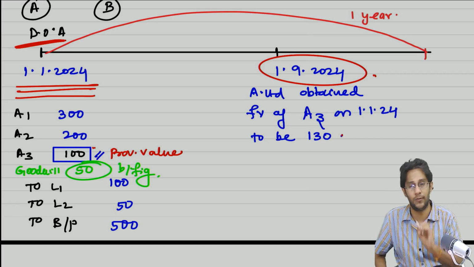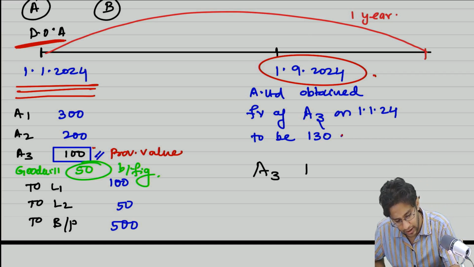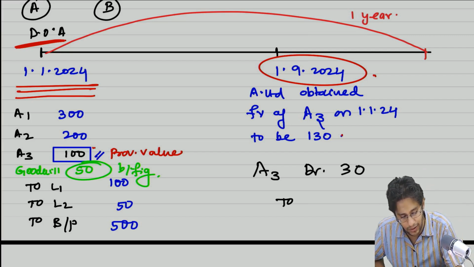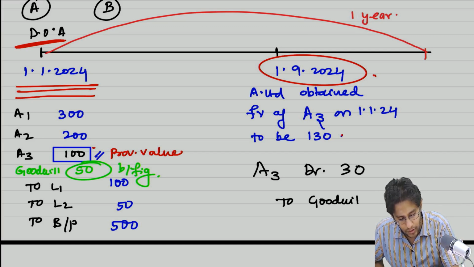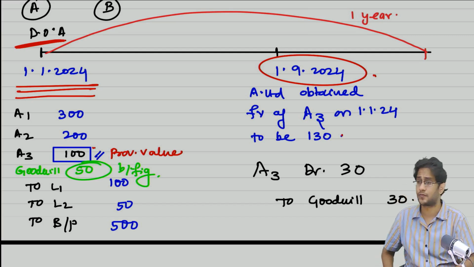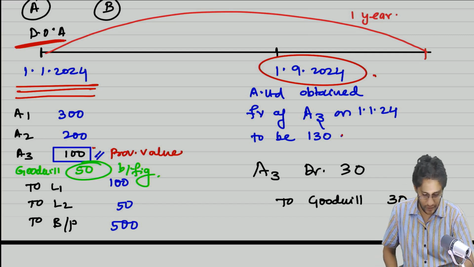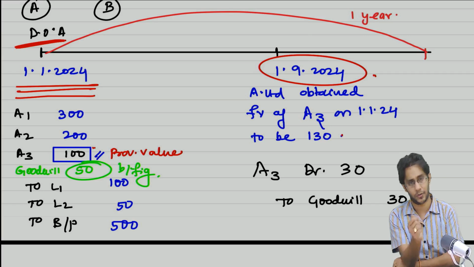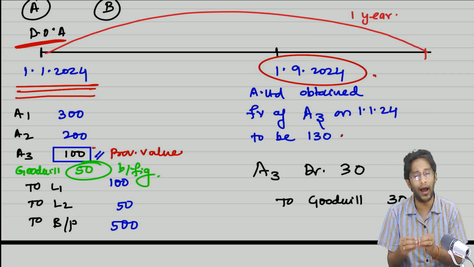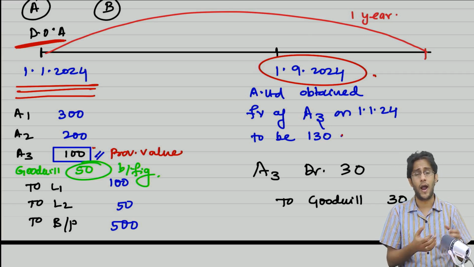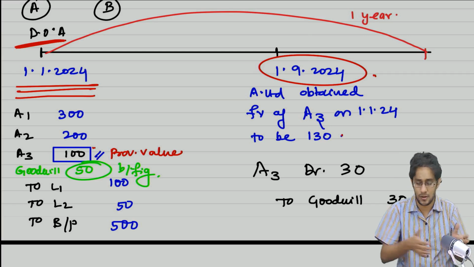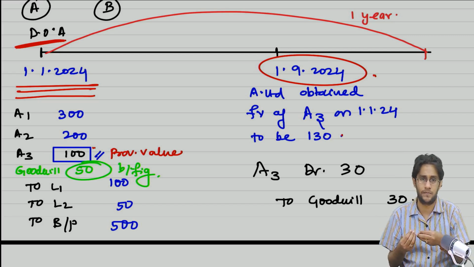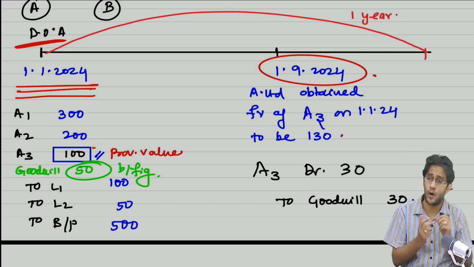So had I known this number on the first day itself, A3 would have been recorded higher by 30 rupees. So debit A3, and consequently your goodwill would have been lower. So the moral of the story is, if you do not know the correct reliable fair value of an asset or liability or PC on the date of acquisition, you can include such an amount at a provisional number, and from the date of acquisition, the standard gives you a further time period of 1 year within which you can update that number via disturbing goodwill or capital.